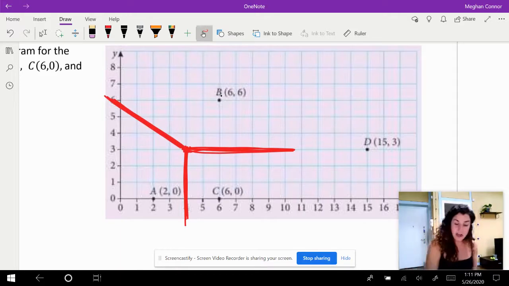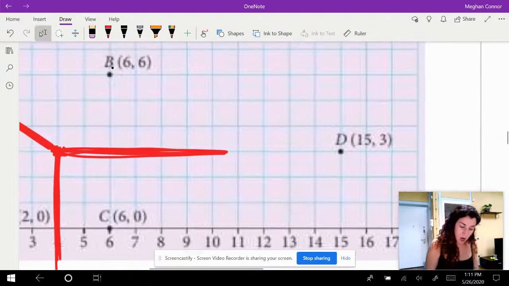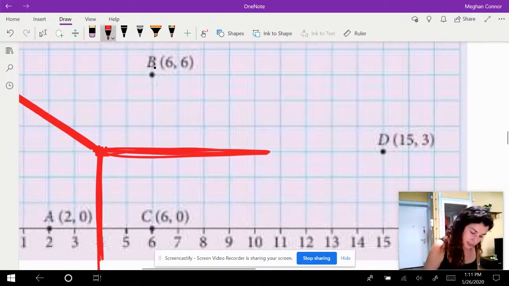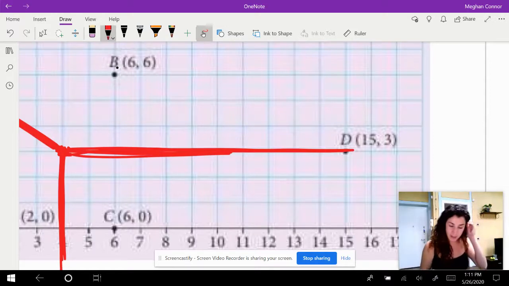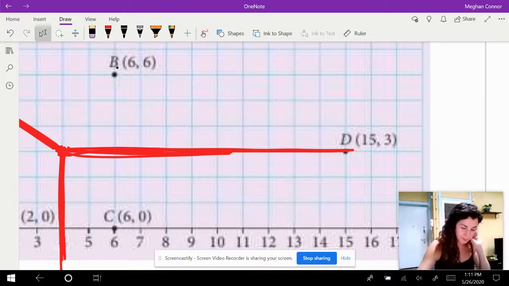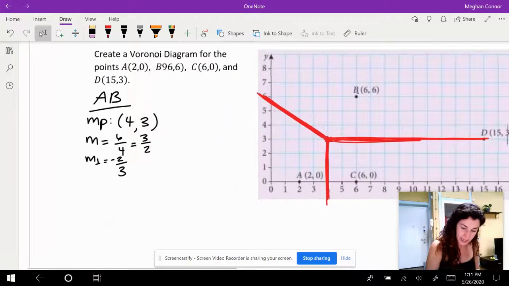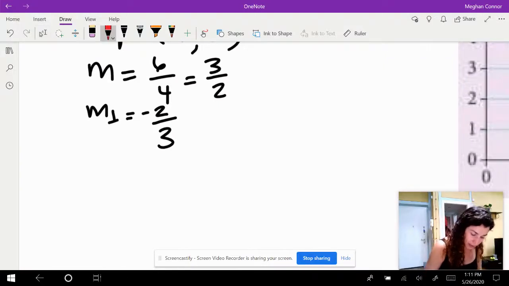So what's nice then when we move on to the triangle BCD is that we've already got the perpendicular bisector for BC. So now we just need to find the perpendicular bisector for CD and BD, and then find where they all intersect and then draw out from there. So finding the perpendicular bisector for BD, I'll do it in red,